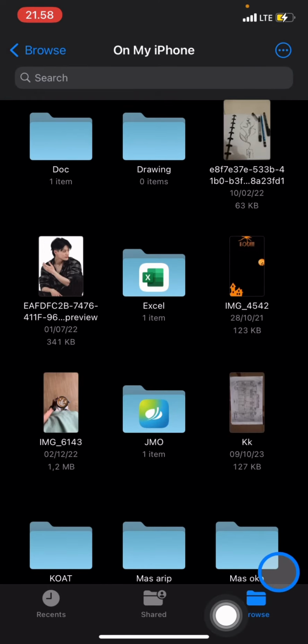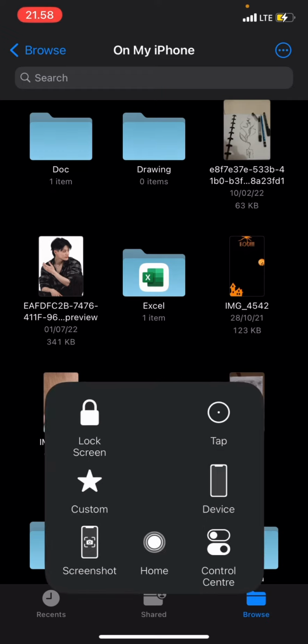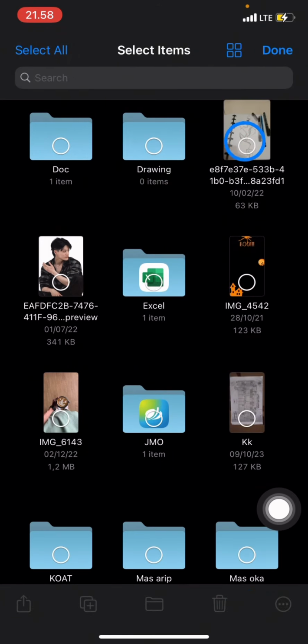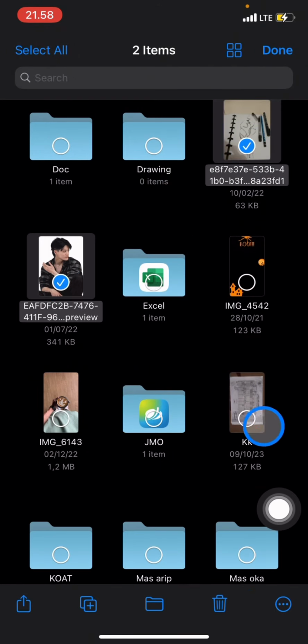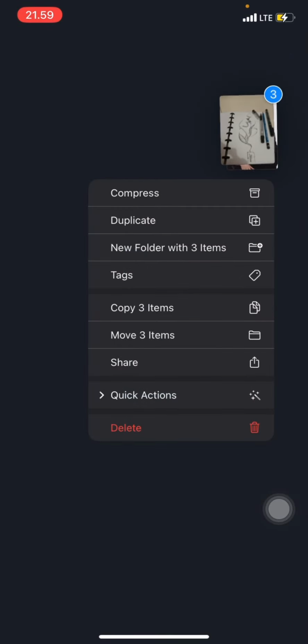And now to fill this folder, you just need to choose which files you want to put into the new folder by clicking these three small dots, and after that click Select, and now you just need to choose which files you want to add. Okay, and after you're done, you just need to click one of them and hold it until several options appear like this, and after that you just need to click Move Items,